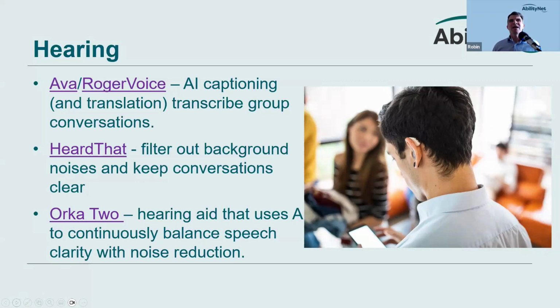Orca 2 is a really powerful AI-powered hearing aid, which does something very similar, constantly adjusting its settings, its EQ or its noise cancellation settings, to give you the best voice to noise ratio so that you can understand what's going on. As a blind person, and a lot of conditions mean that you lose your vision and your hearing in older age, a lot of blind people wouldn't want to filter out background noises because you don't want to get run over by a car or whatever. You need to hear those important sounds. So it's certainly not a given that everyone wants to have extraneous noises cancelled, for example. On the next slide,